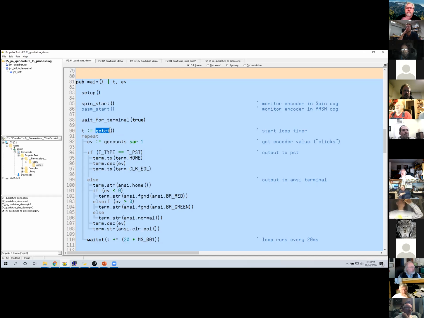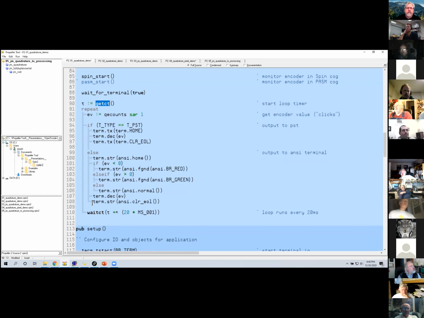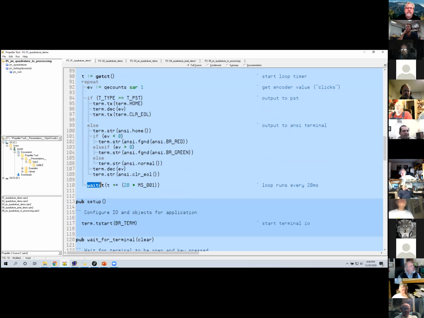We can only read it. We can't modify it. Now look down here at the end, we have this waitct. This is for wait for the counter to be whatever this value is. So what I've done is I've taken the current value in T and I'm adding the number of system ticks in 20 milliseconds. That's why I have this constant defined, so I can do things like this. And plus equals means add them together and put it back into T. So now when I get to this line, T is going to be 20 milliseconds ahead